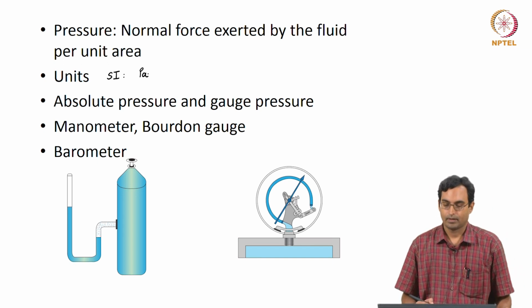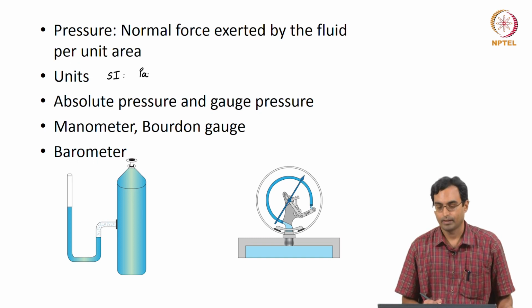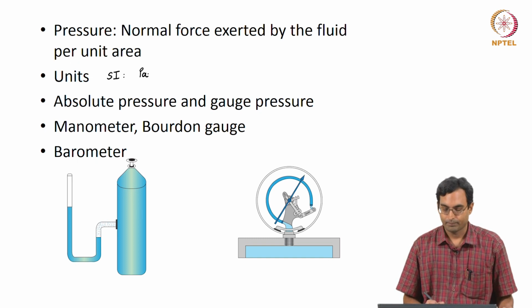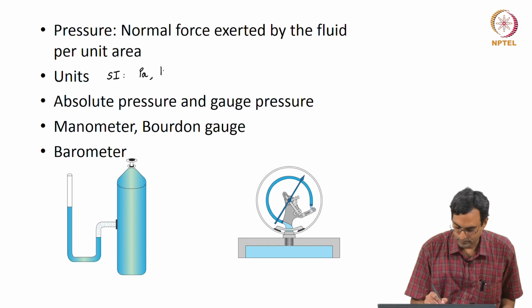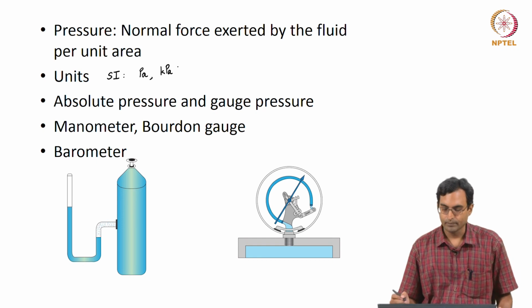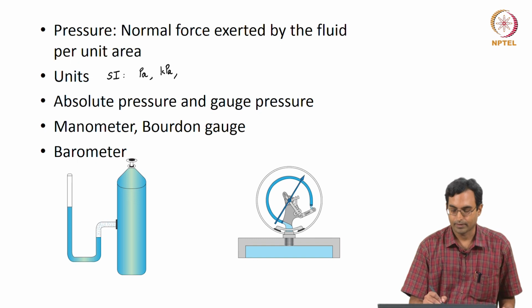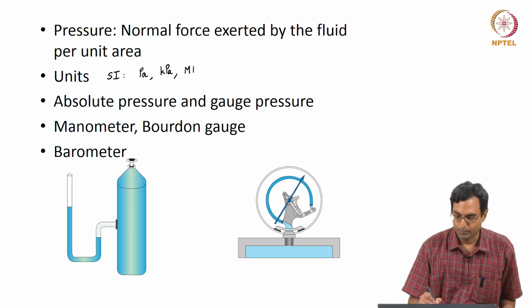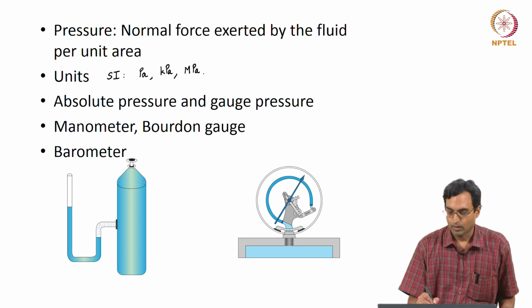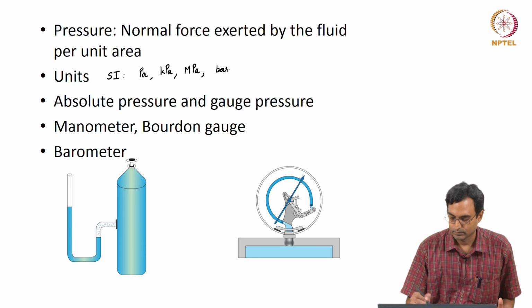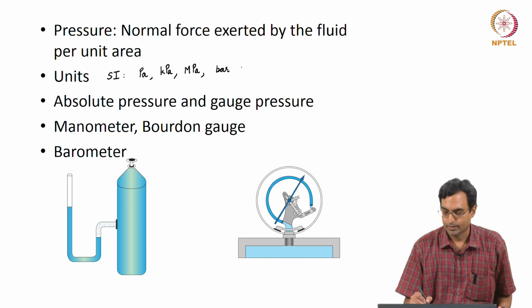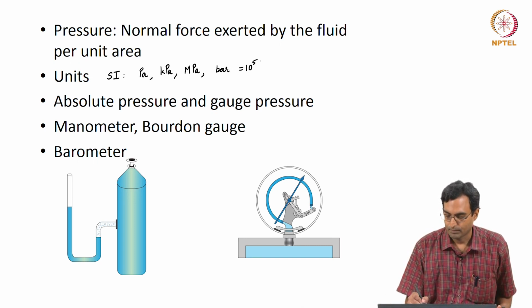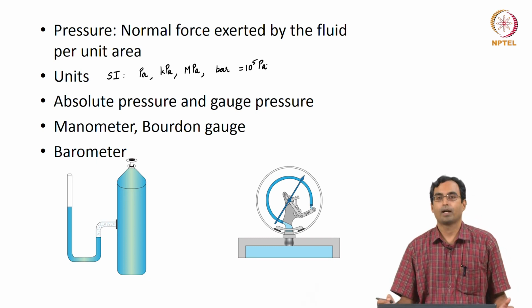which is the pressure if you have a force of 1 Newton being exerted over an area of 1 meter square. We will also use kilopascal quite commonly, and megapascal, where kilopascal is of course 1000 pascals, so megapascal is 1 million pascals. But what is often also commonly used is another unit which is called a bar, or 1 barometer pressure. So bar is defined as 10 to the power 5 pascals,